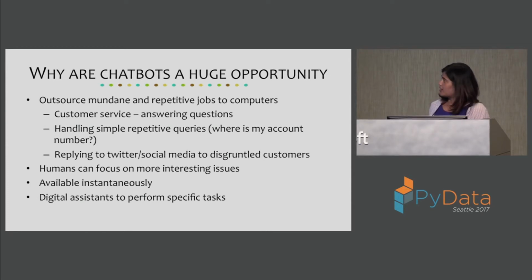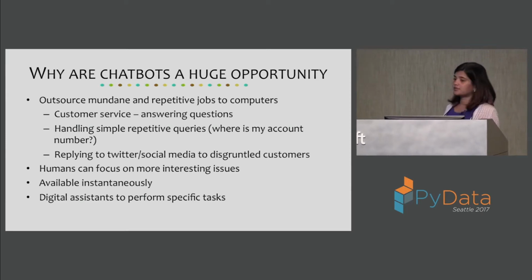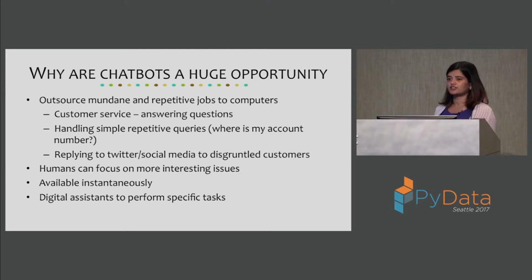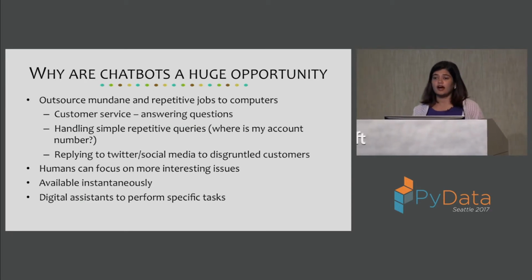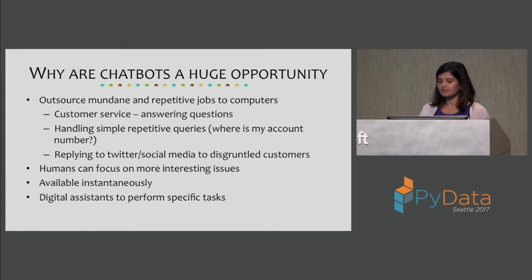Digital assistants are available instantaneously. There's no downtime except when your server crashes, but even then there are concurrencies in place. And they perform specific tasks. So if you have a digital assistant for FAQs, with the example that I showed you, that's what it does. It helps you with FAQs and nothing else. If you ask that assistant how do I save my marriage, or what's the meaning of life, it won't do a good job at that, and we shouldn't expect it to do a good job at that.